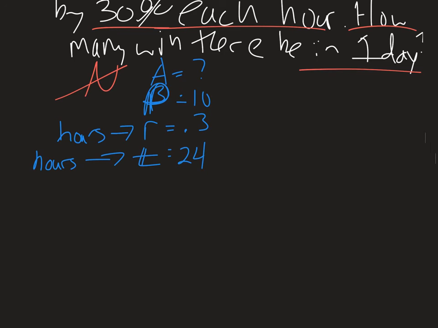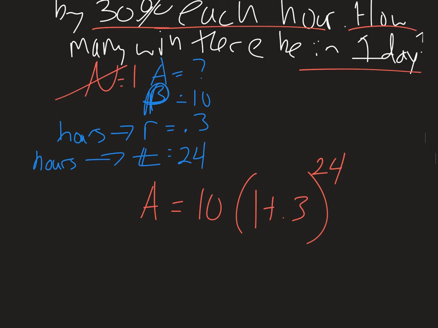And now we run to our formula, and we start plugging stuff in. So A is going to equal 10 times 1 plus 0.3 to the power of 24. Keep in mind there's no N here. So in this case, we can assume N is 1. We just don't worry about it. So now we can do some simplification. A is going to equal 10 times 1.3 to the power of 24. Which if we do that,